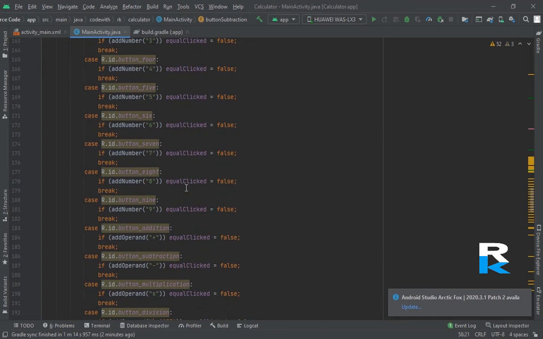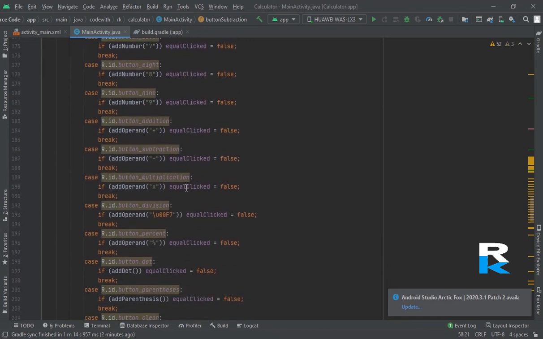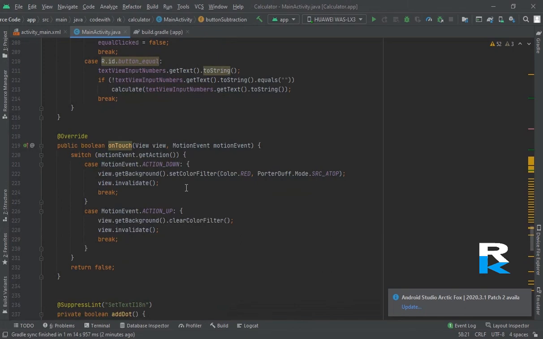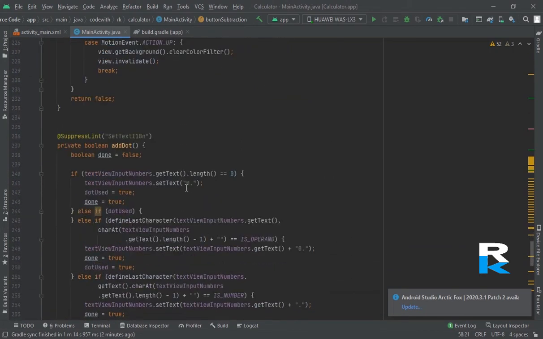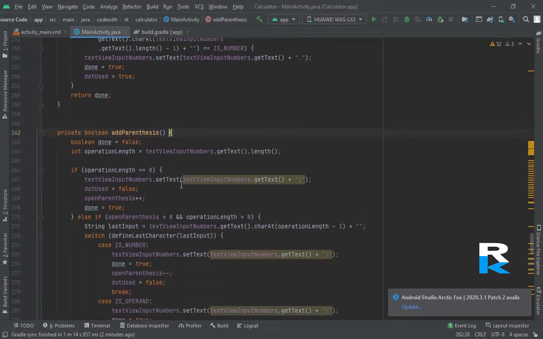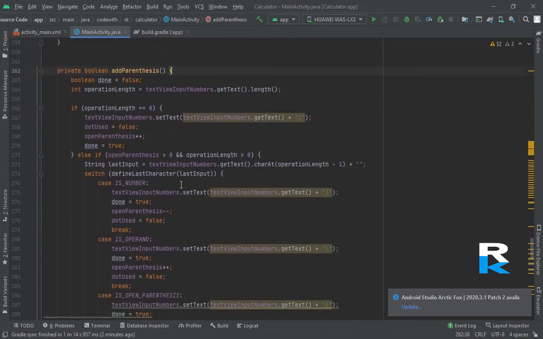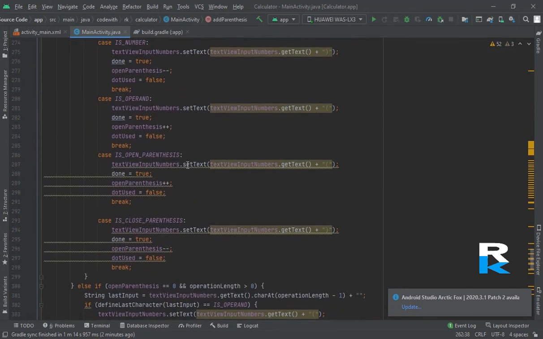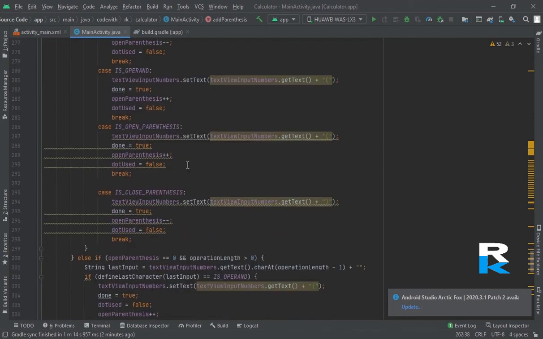Look, just copy it. Look, on touch view listener, add dot method and add parenthesis method. Just copy this to everything. This is the last video. Let's copy this. Fine.